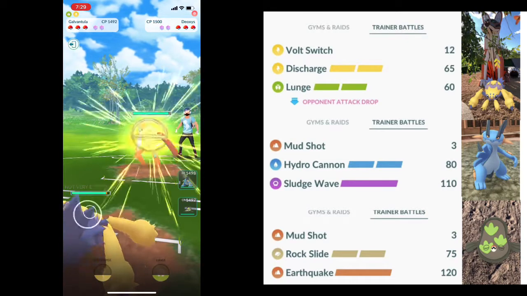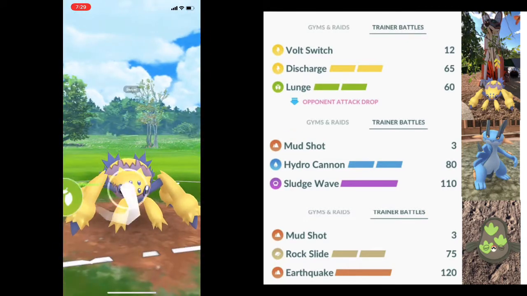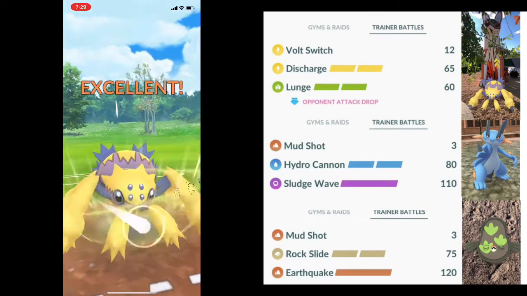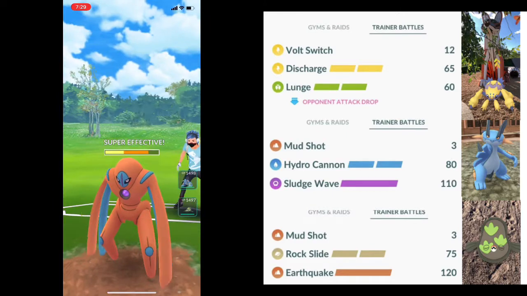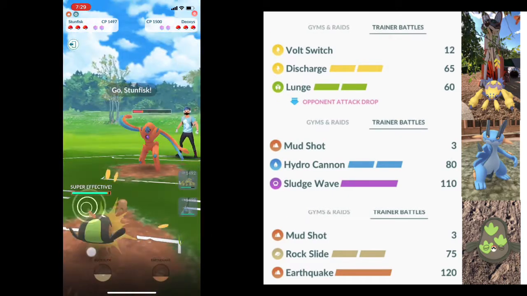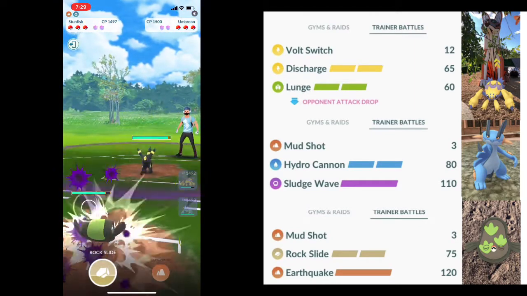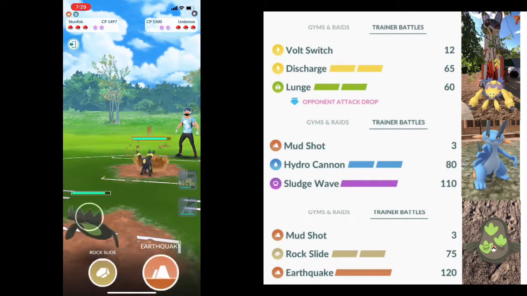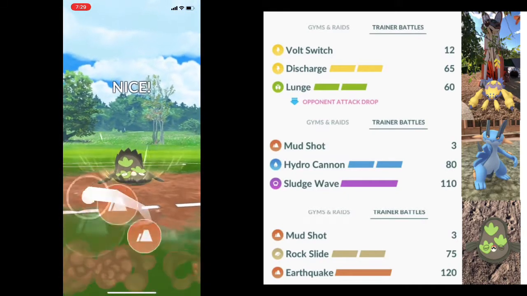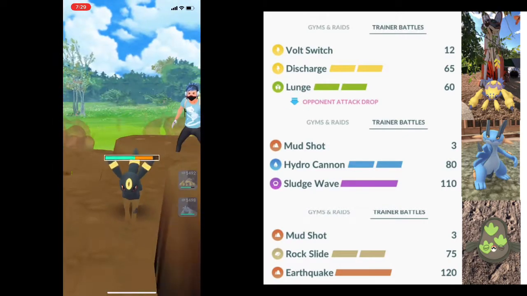Yeah, so Galvantula into Deoxys. This is a decent matchup for us. It's kind of an annoying matchup to be in because of how fast it gets to the Psycho Boost. I actually make a weird play and try to catch a Rock Slide on Galarian Stunfisk, but you never kind of know when Deoxys are going to throw